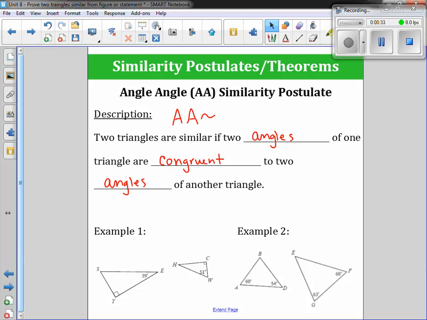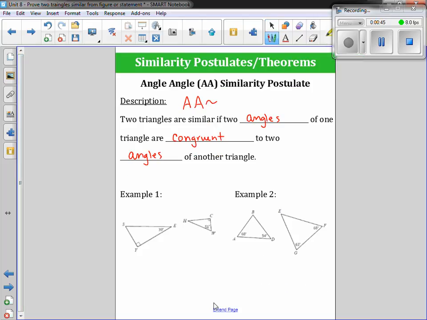Both of these examples have angle measures inside of them, meaning I need to show that all angles are congruent, meaning that they are the same from one triangle to the next. So if I know two angles, then I need to find my third angle. In my first triangle, I have 90 degrees and 39 degrees, and in my second triangle, I have 90 degrees and 51. So I either need my first triangle to have a 51-degree angle or my second triangle to have a 39-degree